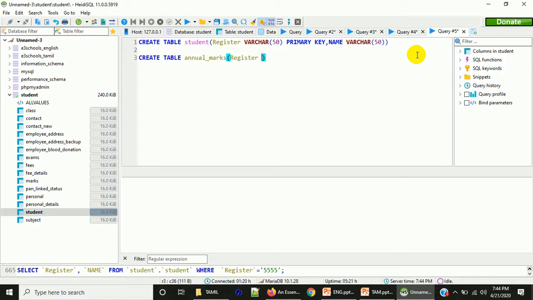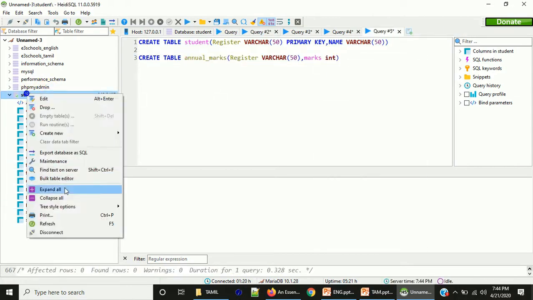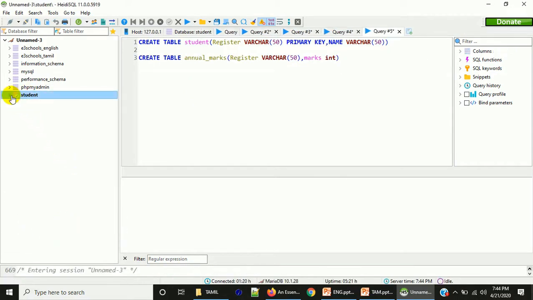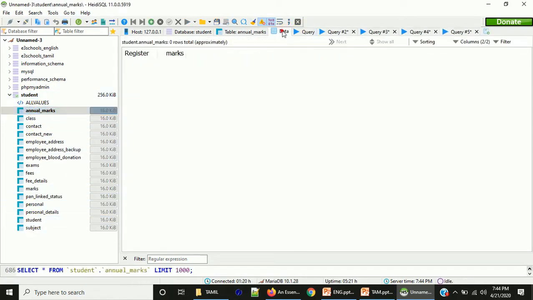Register. Obviously, this register column will again act as primary key in this table also. In addition to acting as primary key, this register column must act as foreign key to the student table also. So first we will create this table first. Student and annual marks. Right, now I'm going to enter marks of all those 5 students, 1111,